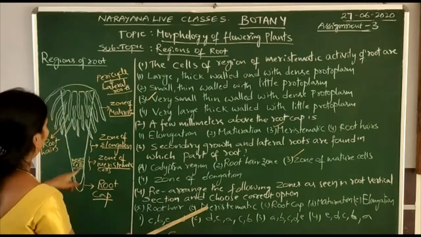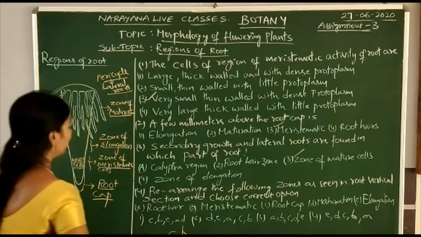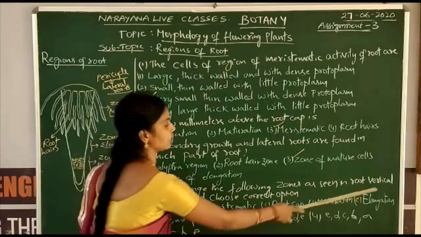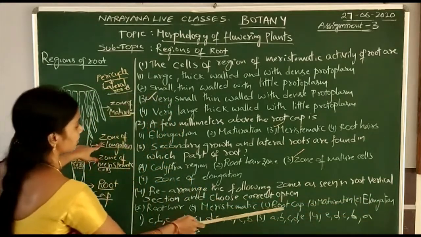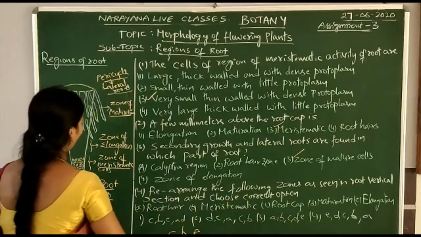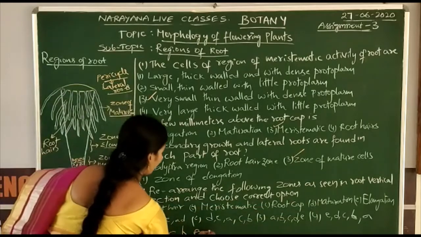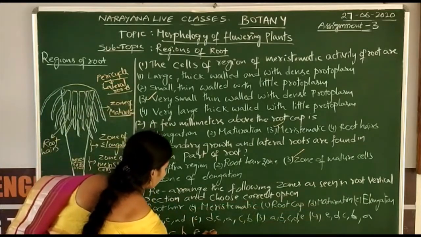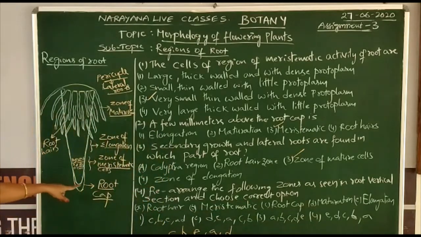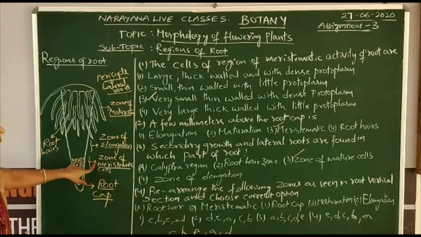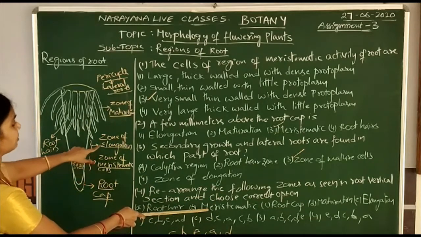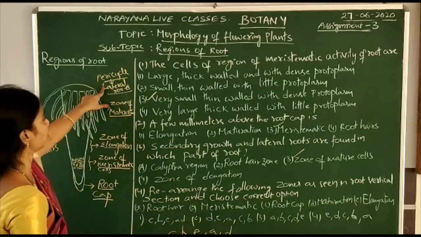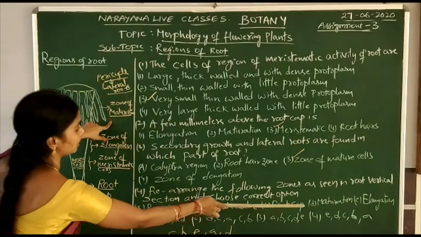Then the next one is meristematic, which is B. Next one is elongation, that is E. You can see elongation here. Then next after elongation is maturation, and here after elongation it is maturation. You can see maturation and this is option D. So see the sequence, children. Root cap C, then meristematic B, then elongation E, then you can see root hair formation, then you can see this zone of maturation which is D. So option